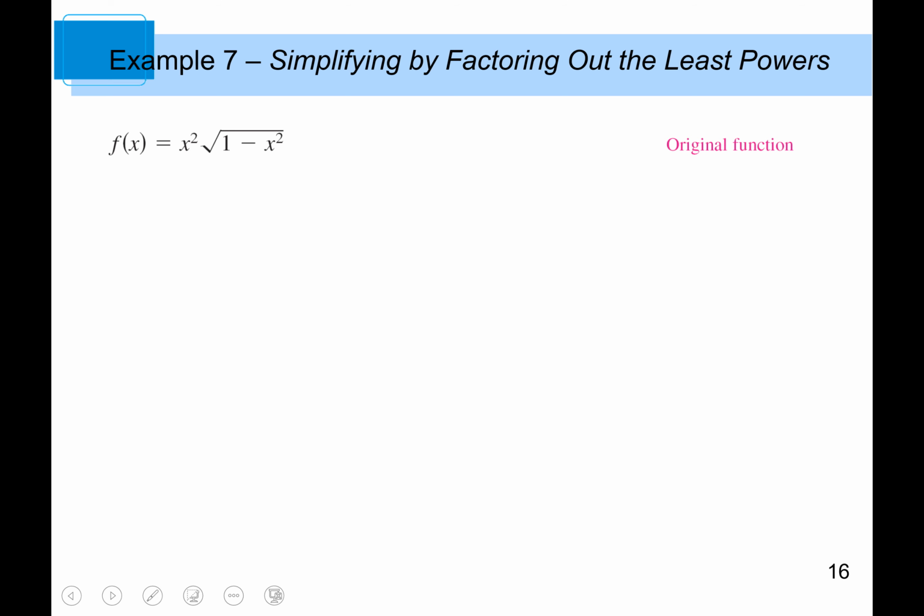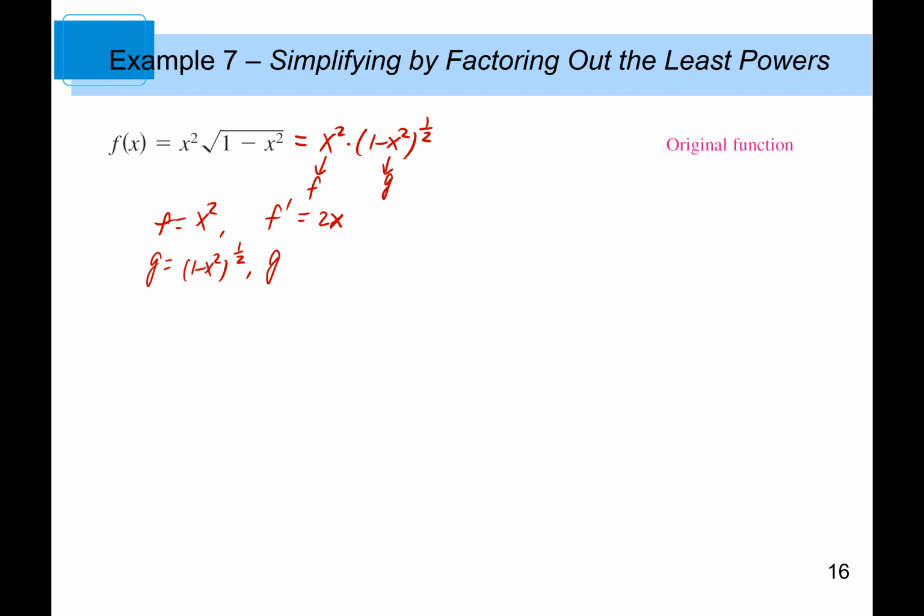We have f of x equals x squared times the square root of 1 minus x squared. First of all, we're going to turn that square root into an exponent. The square root becomes to the half. Then this is f and this is g. So f equals x squared and f prime equals 2x. And g equals 1 minus x squared to the half, g prime equals... Now this is a composite function, so first of all you have to apply the